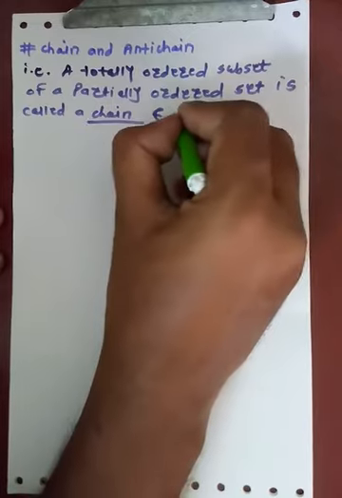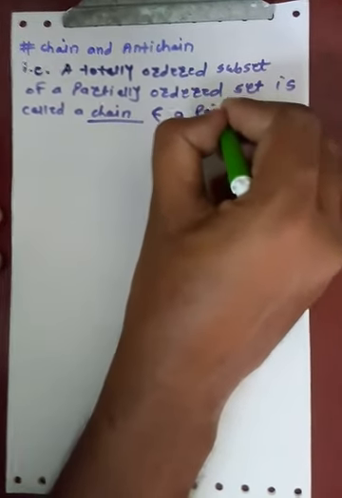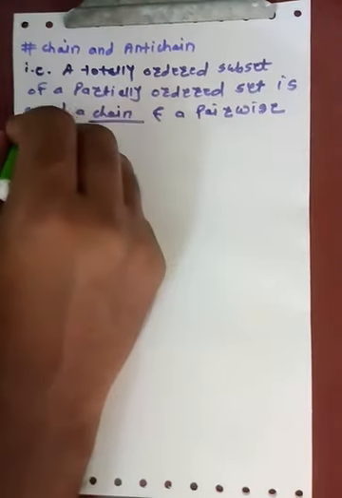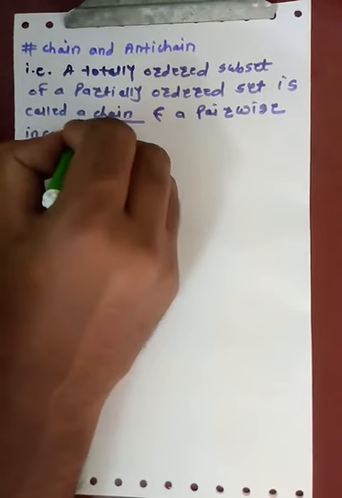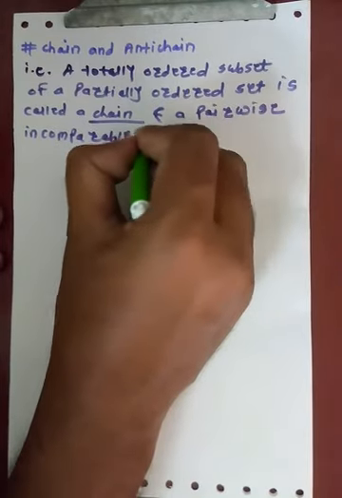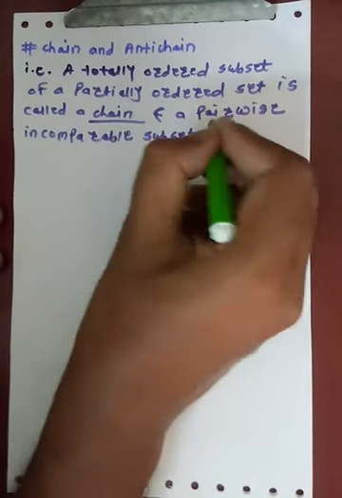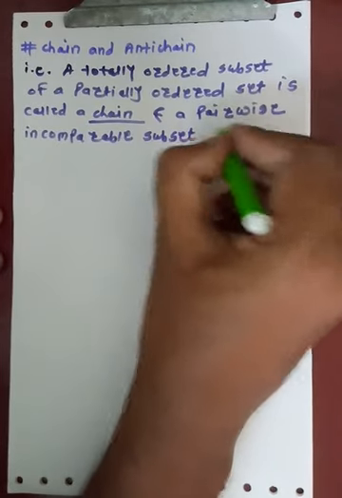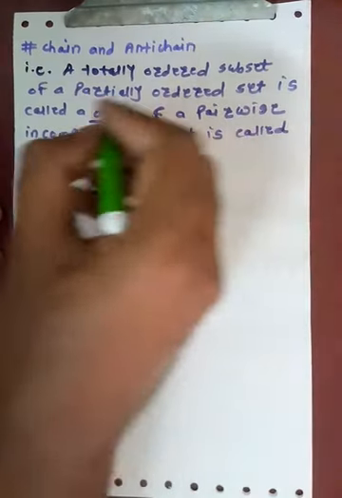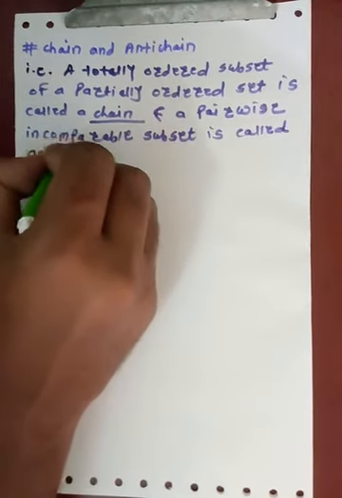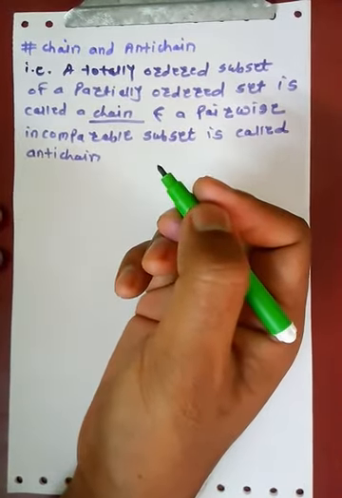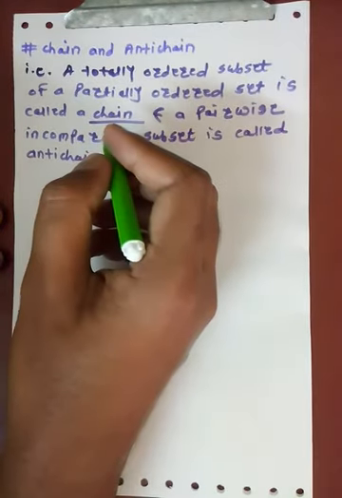And a pairwise incomparable subset is called an anti-chain. So in other words, we can say that in a chain